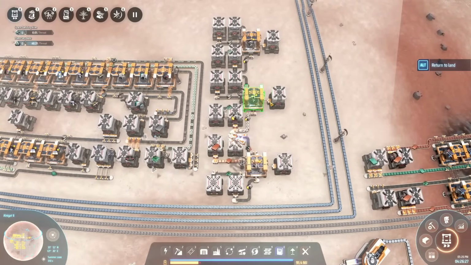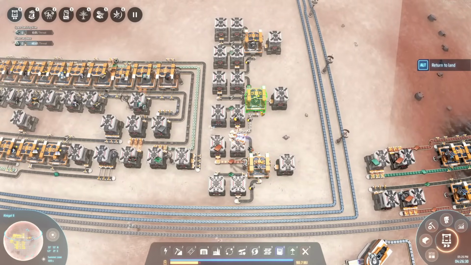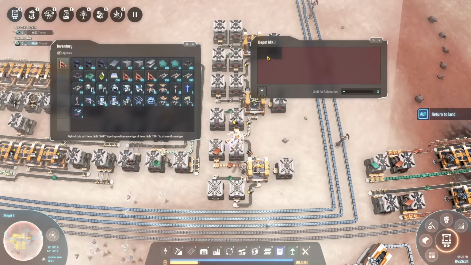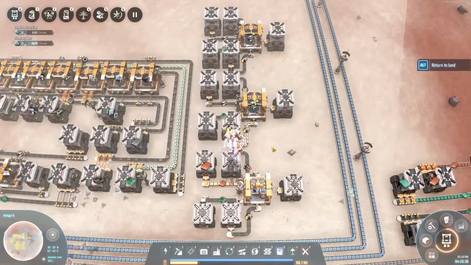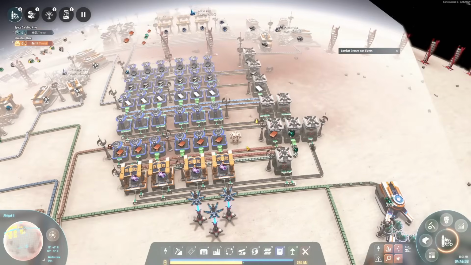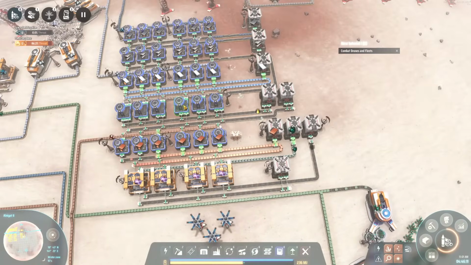Now, I don't think I need more than one assembler making these. I also don't think I need a huge amount of these, so making sure that these are in a box that doesn't contain too many open spaces makes a lot of sense to me. I've set up the next basic facility, as you can see over here, which is going to be producing the